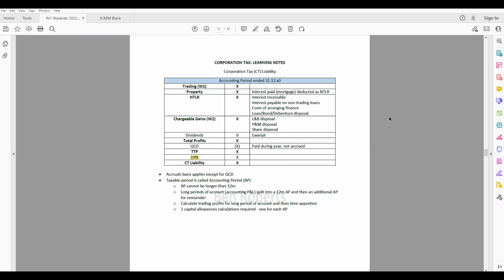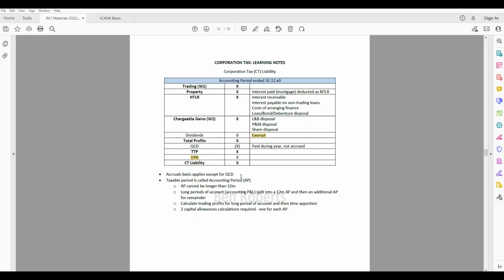So, completely different to what we saw before for those income tax questions for individuals. We had different basic rate band, higher rate band, different rules for dividends, savings and trading and non-savings income. So that's one of the key things to remember as well. Wherever you get asked what's the corporation tax liability, it's always going to be whatever that profit was times 19%, except dividends. Dividends are just exempt for corporation tax. That's another thing to just learn.